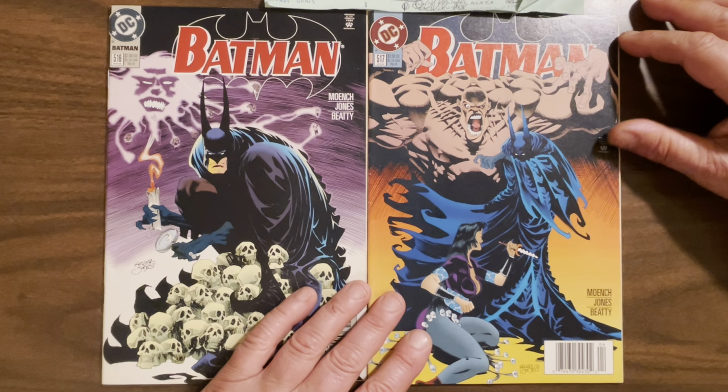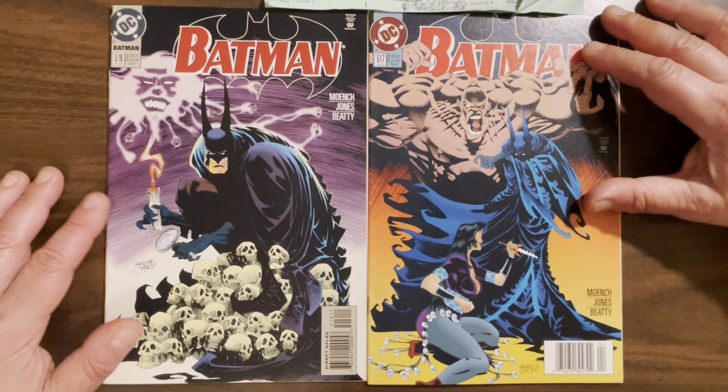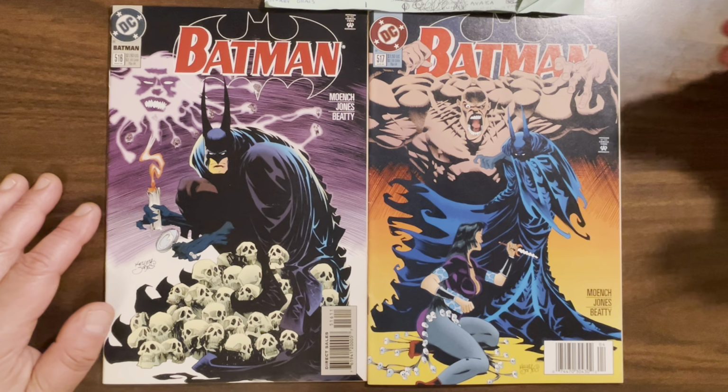So over the next few months, we're going to be looking at all of these Batmans by Doug Moench and Kelley Jones. Hope you guys enjoyed looking at these,